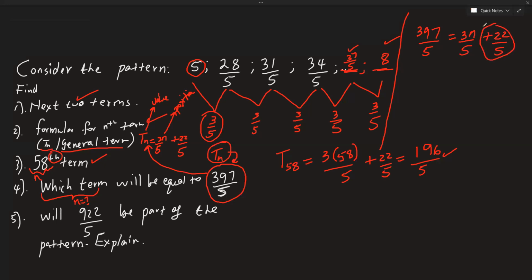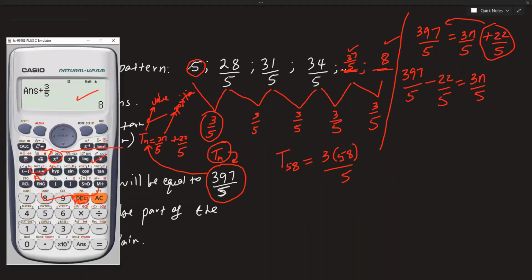Then obviously this part must go that side. So I have 397 over 5 minus 22 over 5 equals 3n over 5, right? Awesome. Let's check on the calculator how much we're going to get. So we have 397 over 5 minus 22 over 5. That gives us 75, right? So I have 75 equals